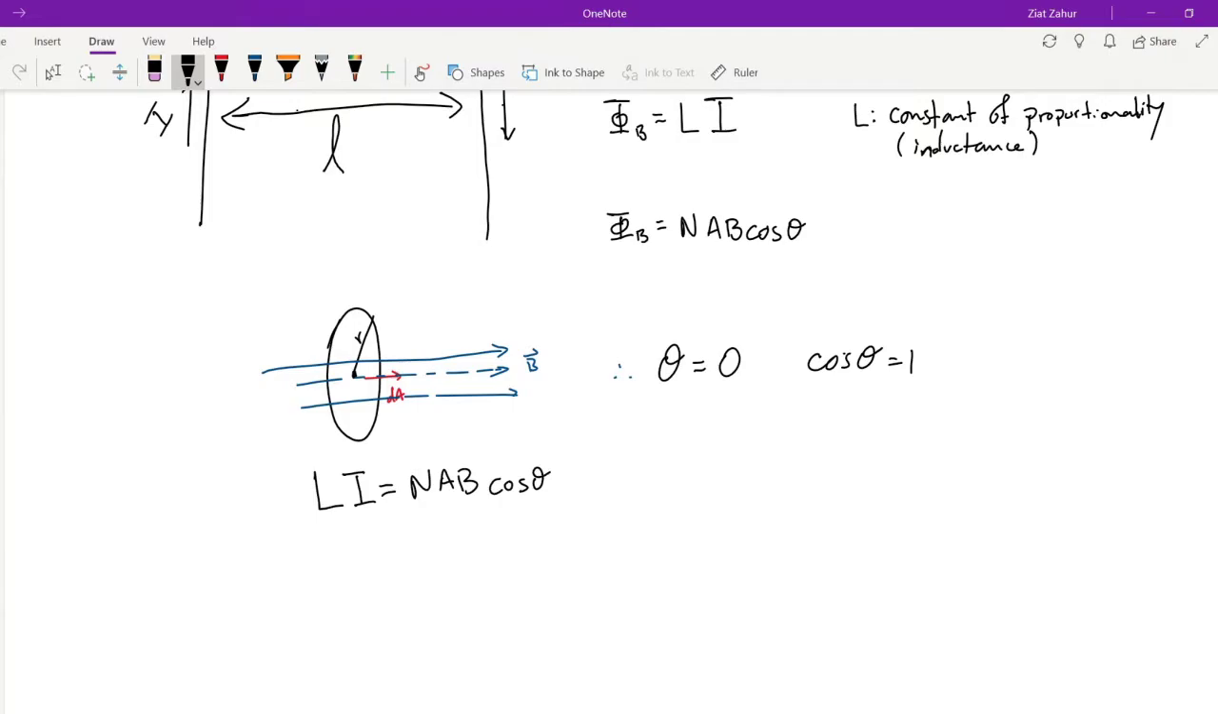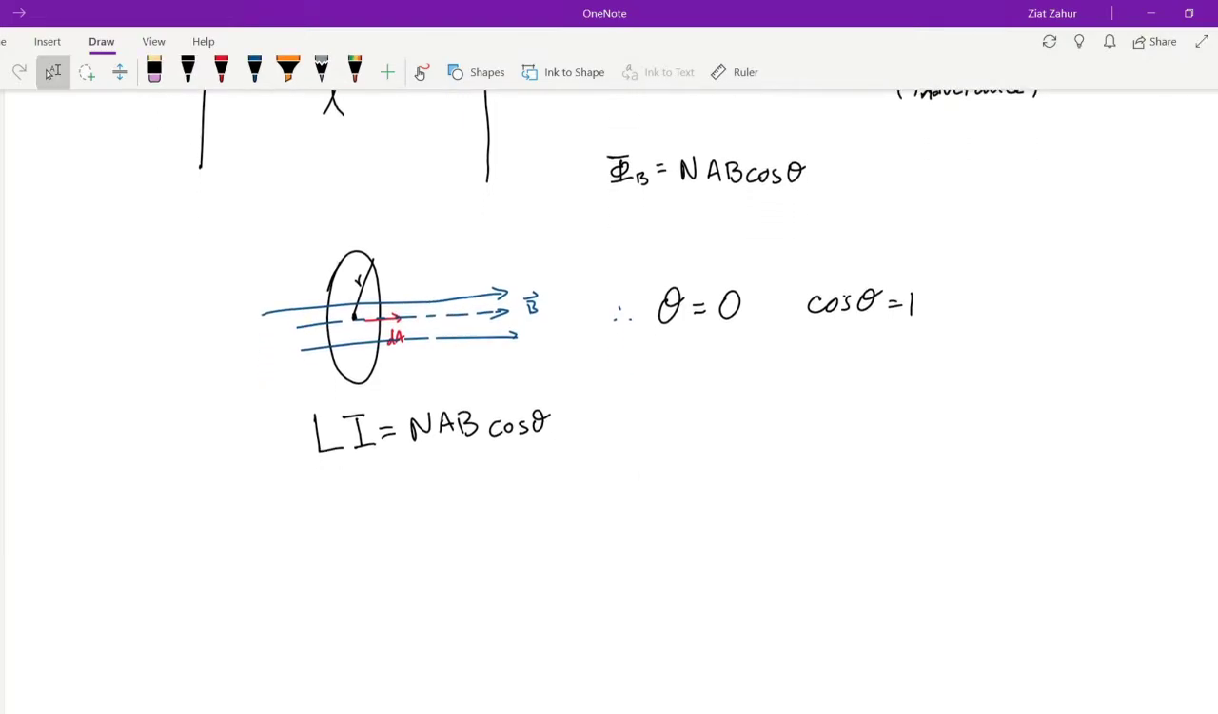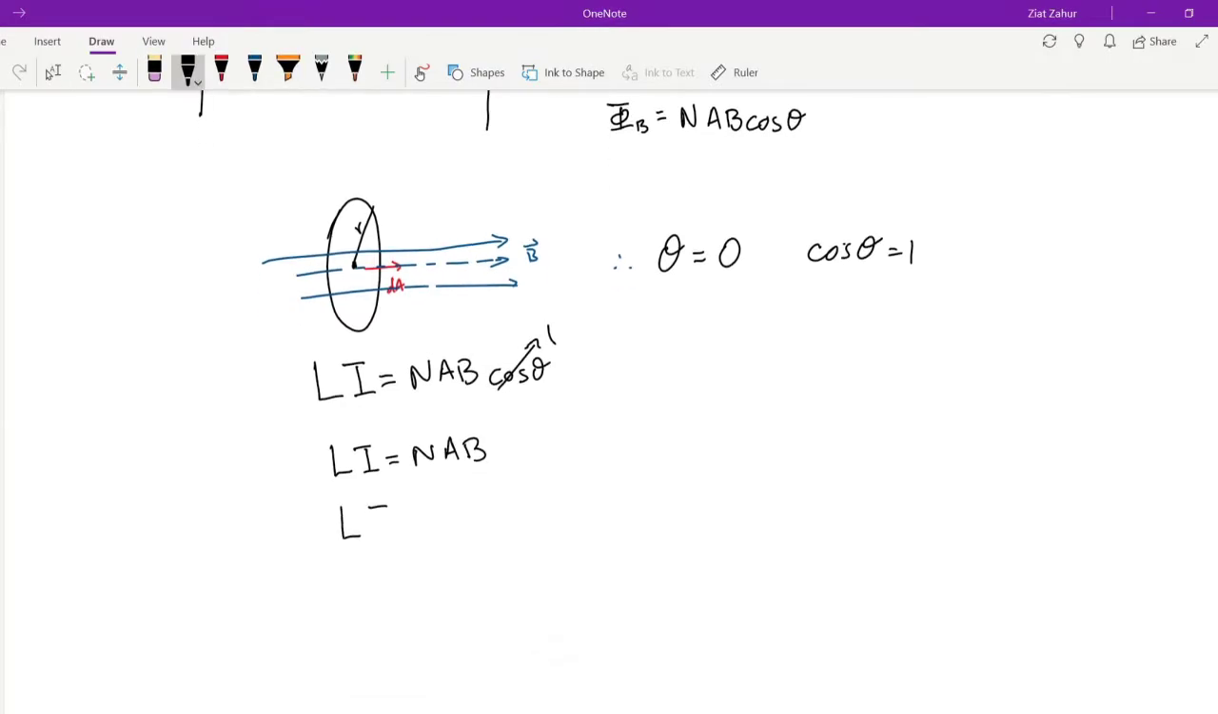Weber's, WB. All right, Ryan Davis. Now, of course, this goes to 1. So let's just say that L times I is equal to NAB. L times I is equal to, well, N times area. The area is just pi r squared. Yeah, pi r squared. And the magnetic field,